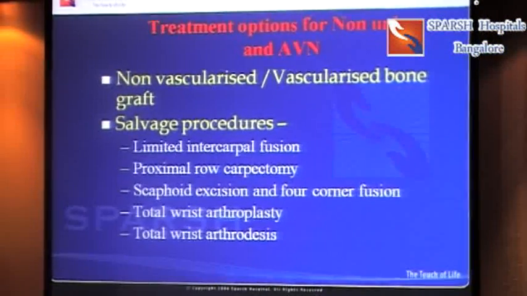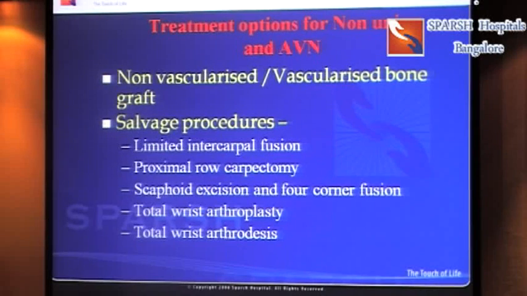There are a number of vascularized bone grafts available. Just for the exam's sake, you should know the basic algorithm. Distal to the non-union, you treat with graft, which is non-vascularized graft. Proximal to that, you have to think about vascularized graft. Anyone who has a non-union and consequences of non-union like degeneration, then you are thinking about salvage procedures, which is